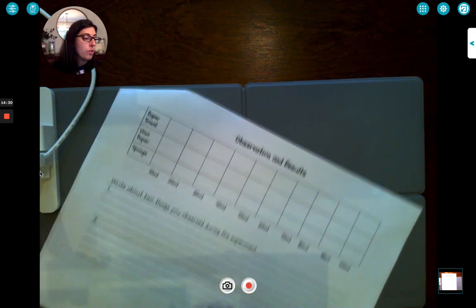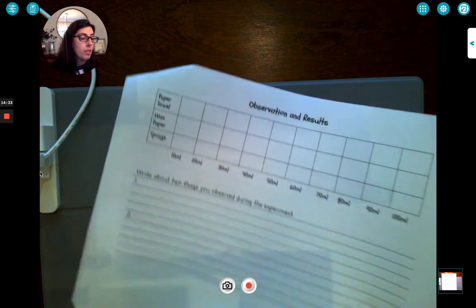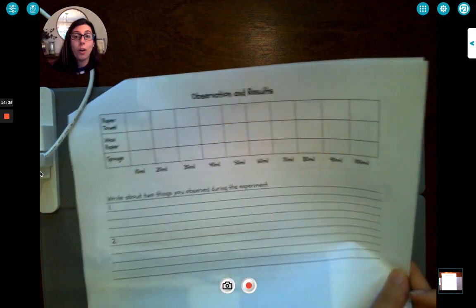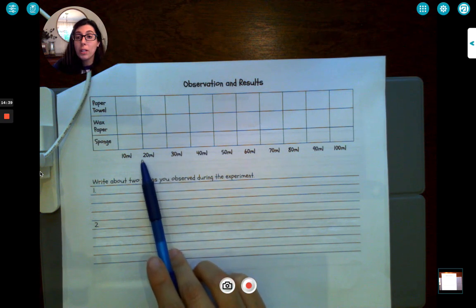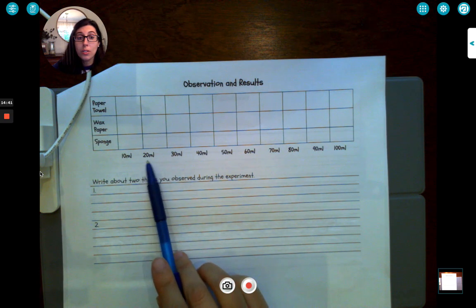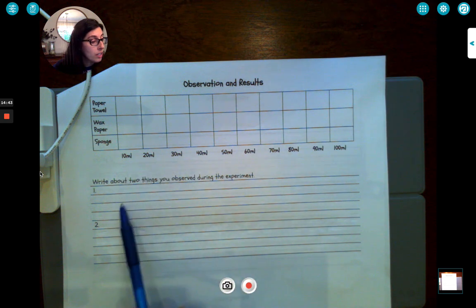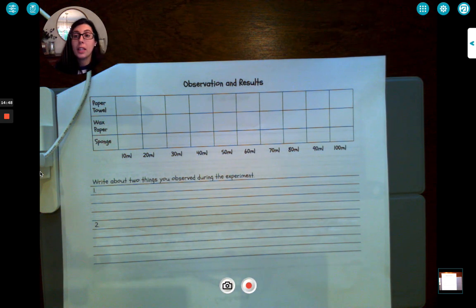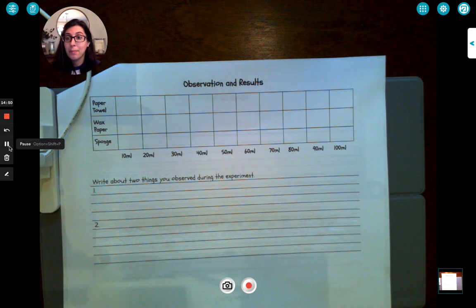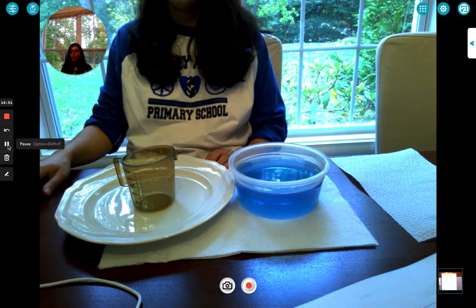Okay, and then let's turn to this side. This is where we will record our observation and results. So we're going to graph our results on this sheet. And then we'll write about 2 things that we observed during this experiment. All right, so